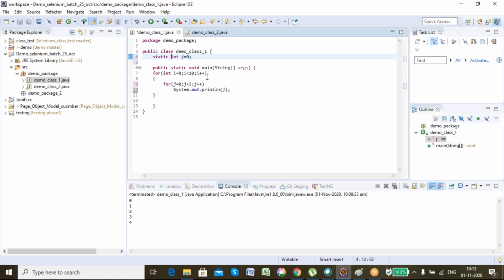If we define j in this for loop, yes, you can define it here also, like I have defined int i here. You can do int j = 0, or you can also define it earlier as a data member. Anyway, the thing is that you are using a variable that needs to be defined. You do it earlier or you do it at that time. It's up to you how you do it.